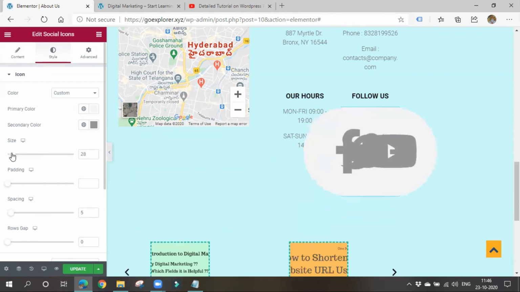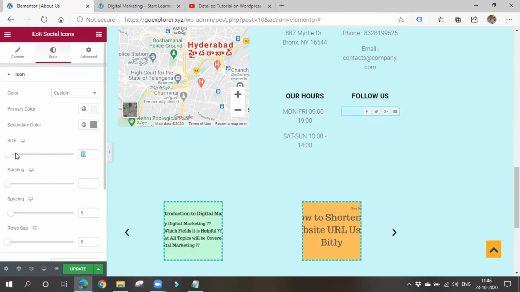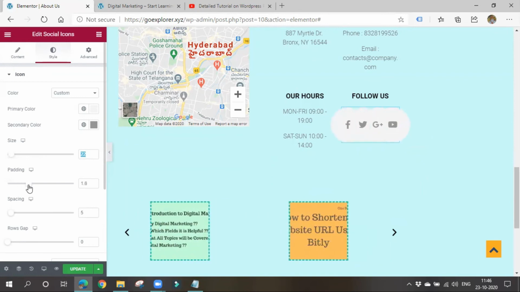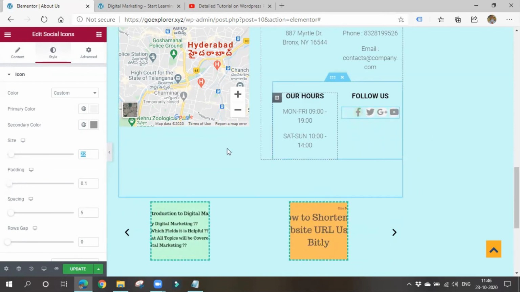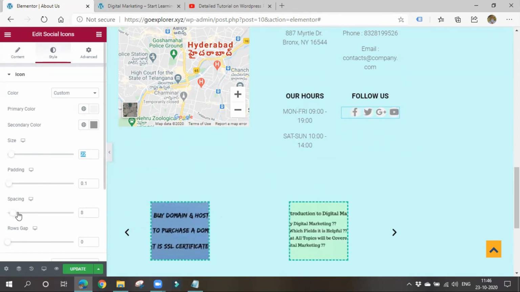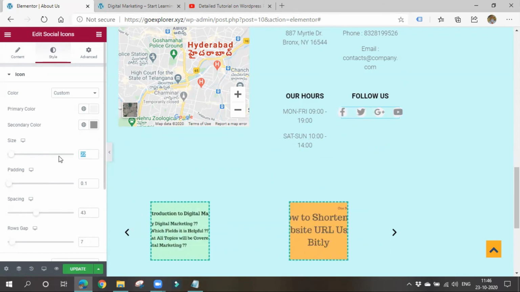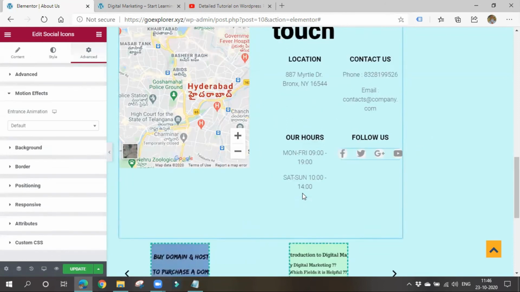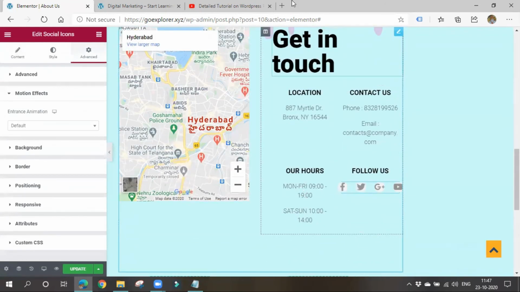Size you can increase or decrease. So padding, between the column and the spacing between them. I want some space between them. So row gap, you can choose whatever you want. Again, you can go for advanced. You can apply some animation effects and all. Okay, so got this thing.